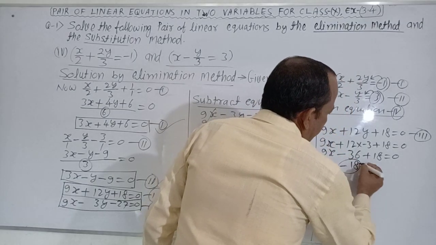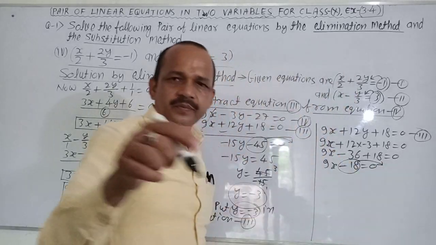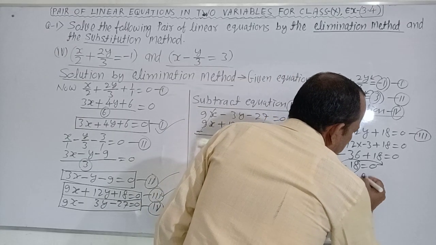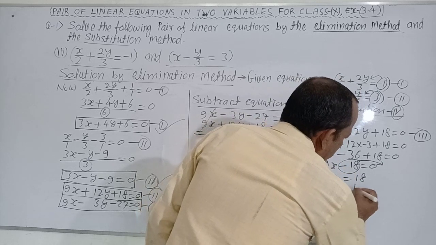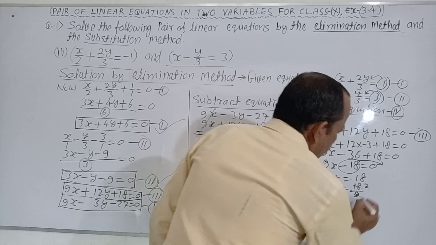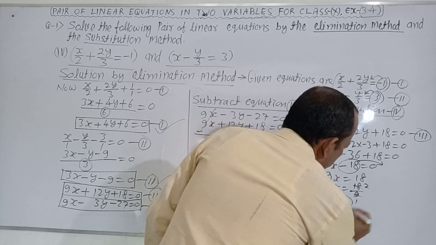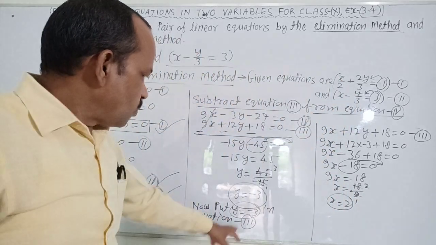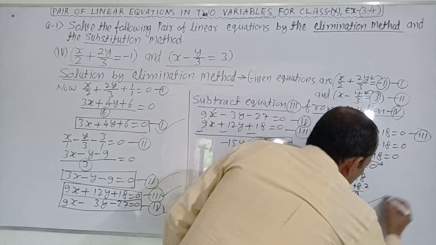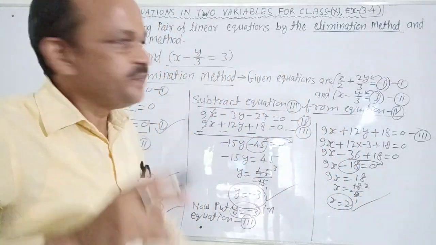You can write minus 18 on right side of equal. It becomes 9x equal to 18, x equal to 18 by 9. 9 1s are 9, 9 2s are 18. x equal to 2. You find y equal to minus 3 and x equal to 2. Clear? You solve